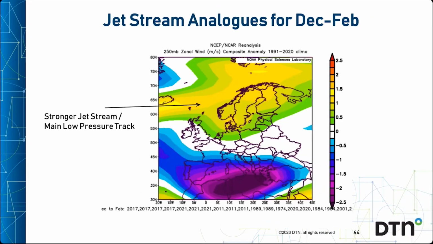Using the analog list, here's what they indicate for the average position of the jet stream through winter from December to February, and you can see it's reasonably far north across Northern Europe. But of course, this doesn't preclude the chances of more blocked and colder periods over shorter periods, or whenever the jet becomes weaker and more variable.